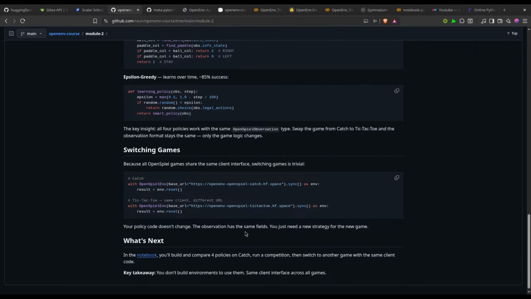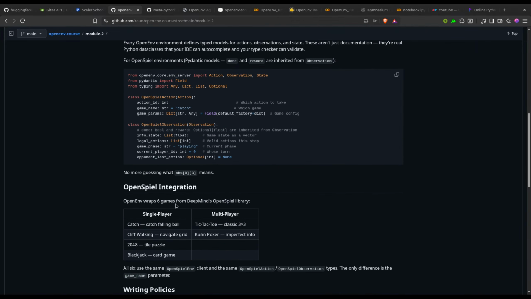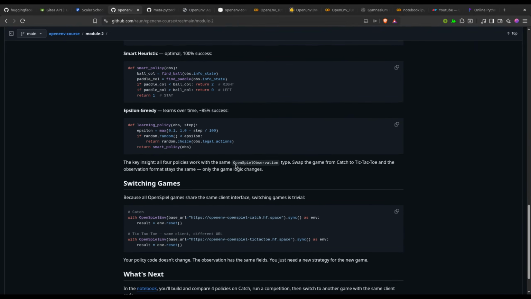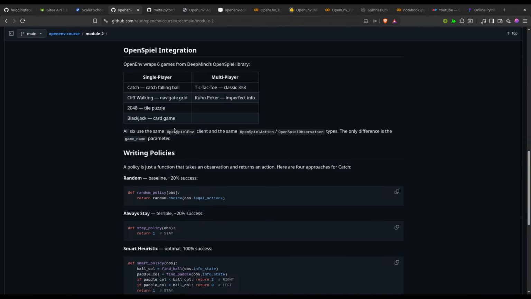Okay, so we are using the same models overall for each of them. We required info state, we required legal actions, or whatever models are defined in observations, which are these. This will remain the same because these are all the things that we required. It does not matter which game we are playing from OpenSpiel.